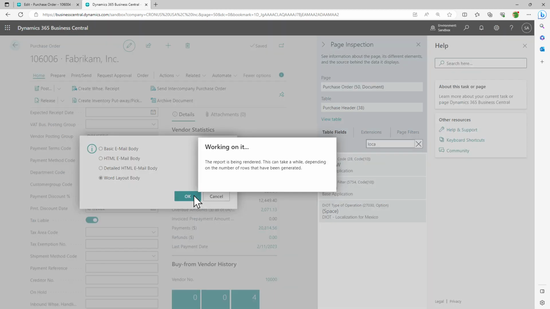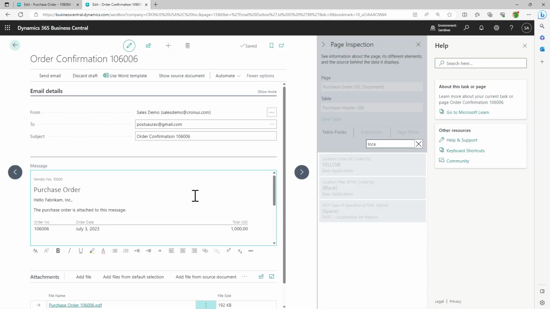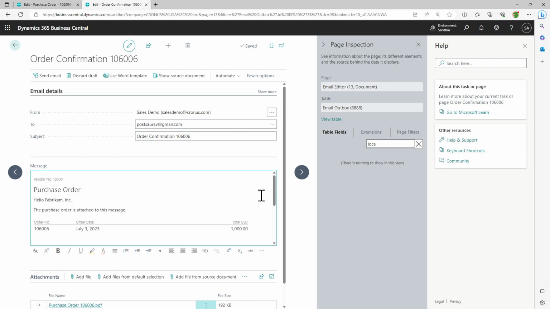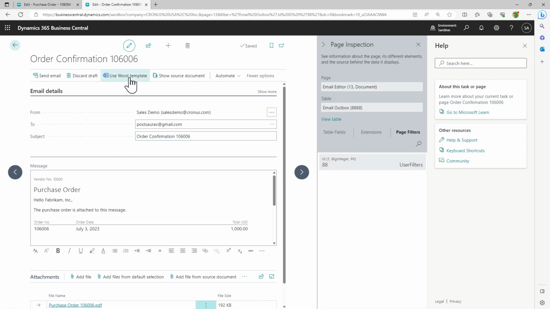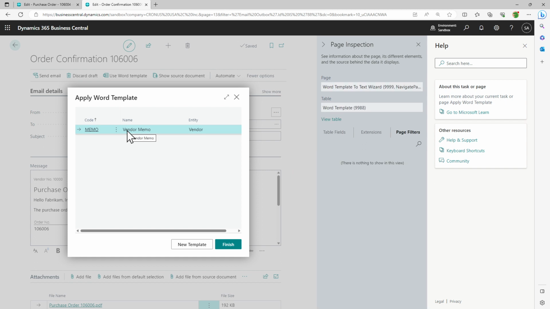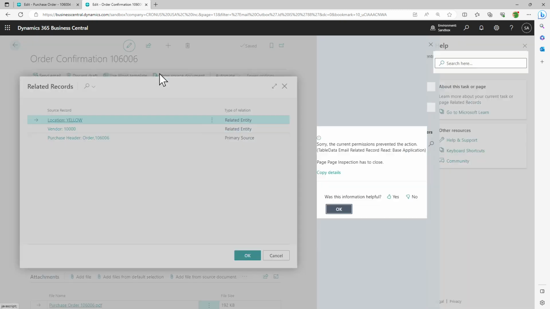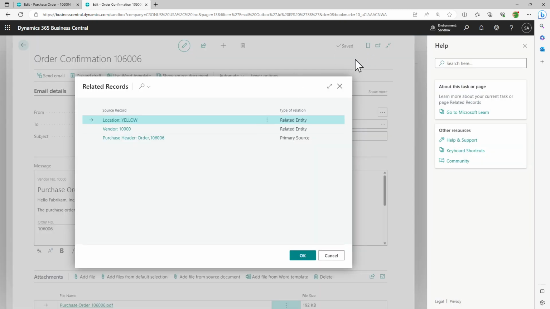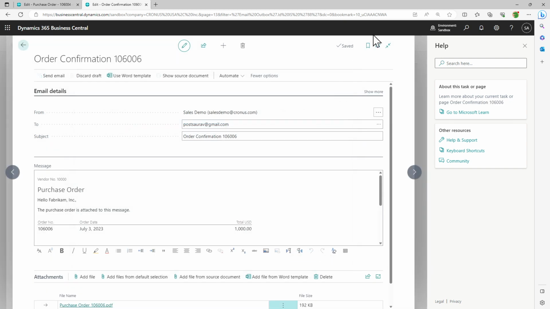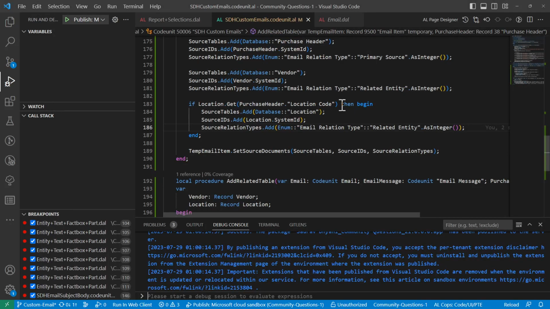Okay, Word email body layout. Everything should, the email should look similar. There should not be any problems at that moment. But when I come here on Word template, you'll notice that my filters are a little bit different. What are my filters? 14, which is location, 23 and 38. So based on your custom code that you have defined the relationship between your different entities, it will be able to help their users to kind of keep a consistent approach of how they deal or work with emailing in